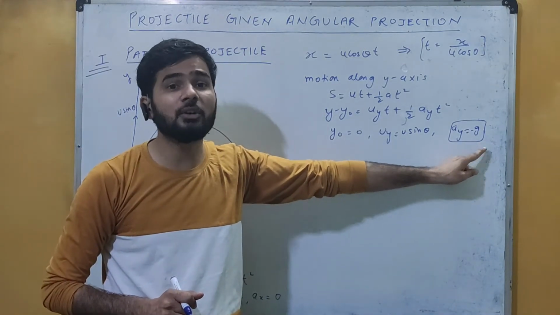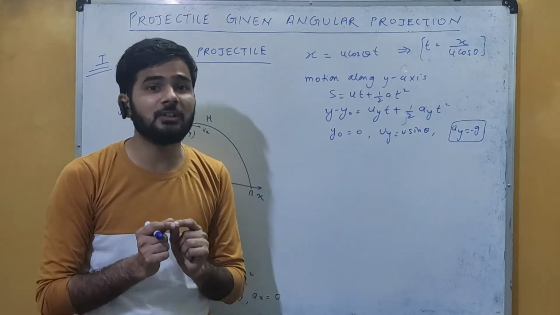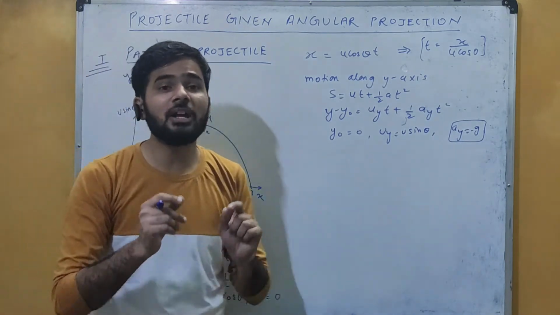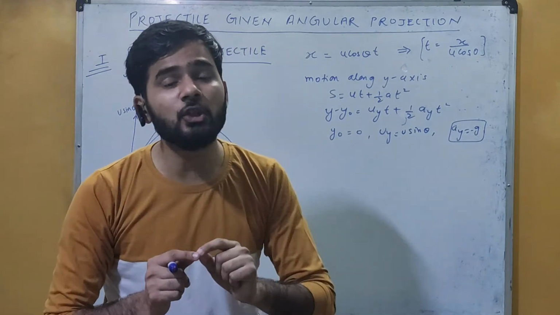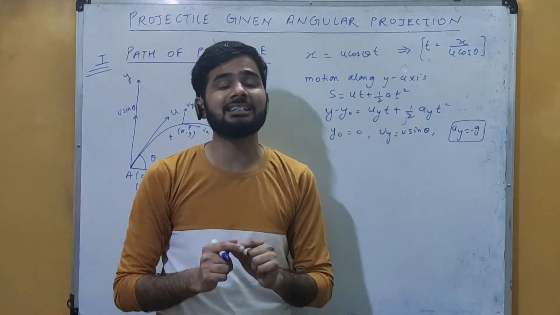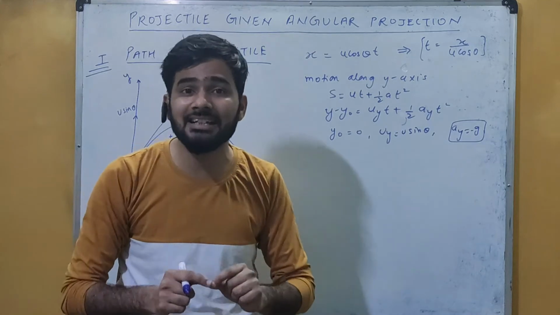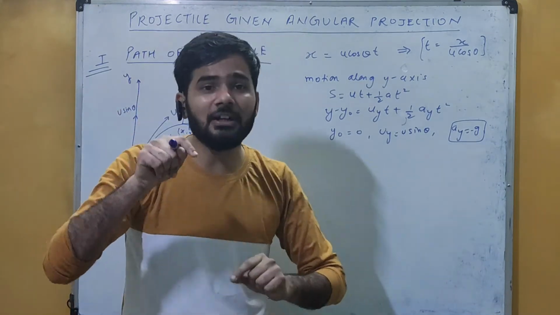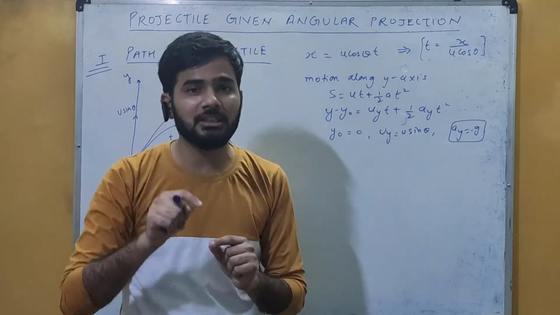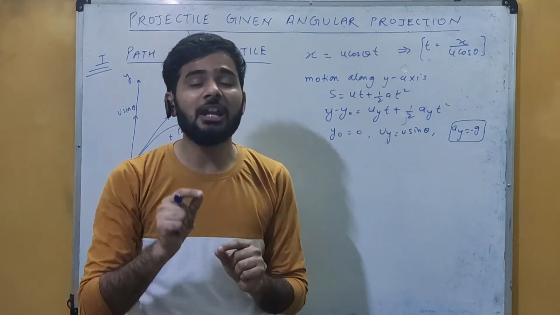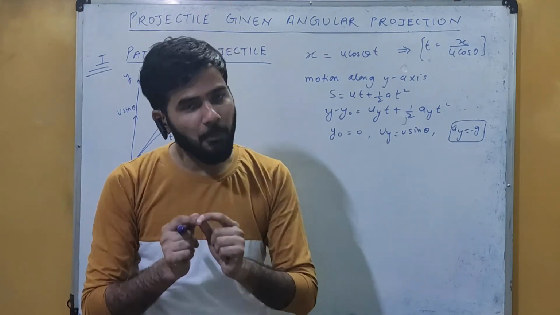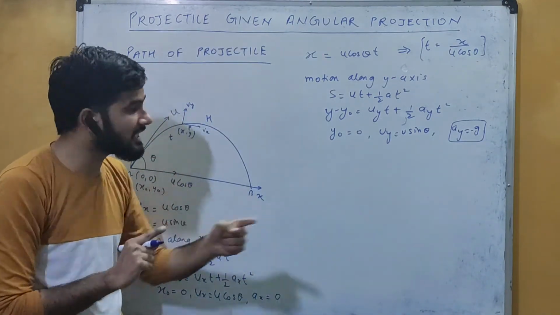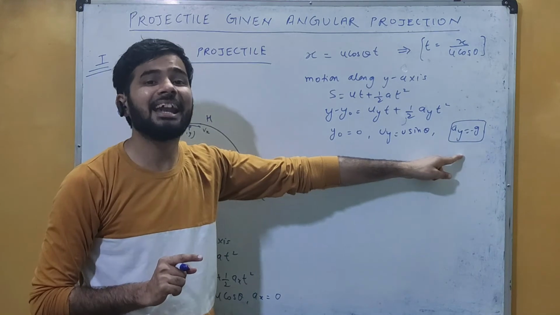क्यों? बिकॉज यहाँ पर क्या है, the object is moving under the effect of gravity, लेकिन ऑब्जेक्ट कहाँ मूव कर रहा है, ऊपर की तरफ मूव कर रहा है. And we are using the sign convention that whenever the object is moving in the upward direction, in that case the acceleration due to gravity is negative. वहीं पर अगर ऑब्जेक्ट अंडर द इफेक्ट ऑफ ग्रेविटी मूव कर रहा है, that is toward the surface of the earth, in that case the value of acceleration due to gravity is positive. So here before point h, the object is moving in the upward direction, so acceleration due to gravity is negative.